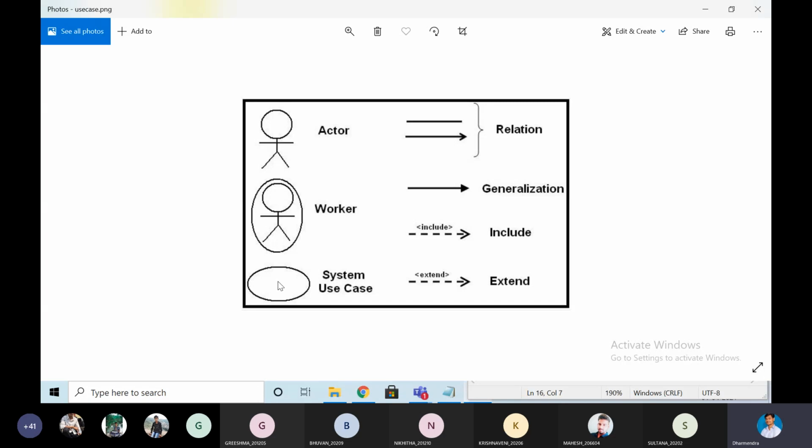For example, if you take ATM, what are the services it will provide? We can change the pin, take the mini statement, check the balance, transfer, deposit, log out, log in, register.